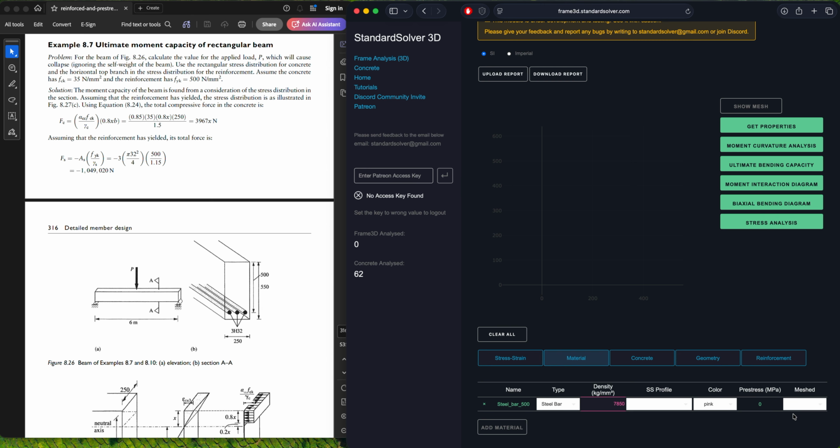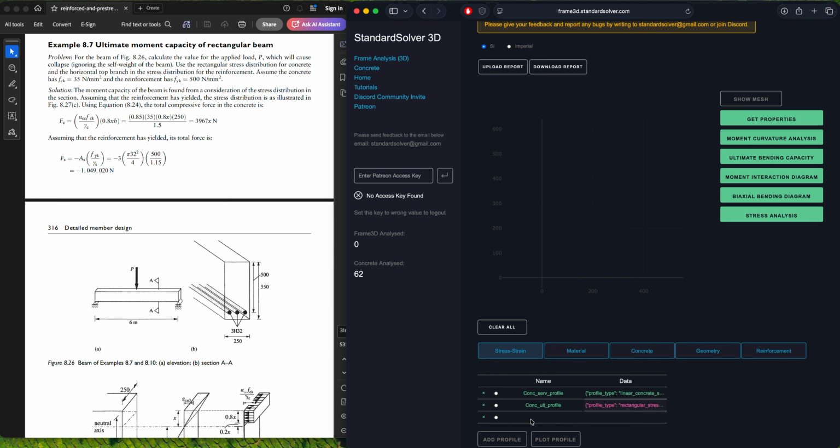Let's select pink. I don't think it matters for bar, but yeah, let's put true. There is no pre-stress, so we need to create the stress strain profile for steel. So steel bar profile,